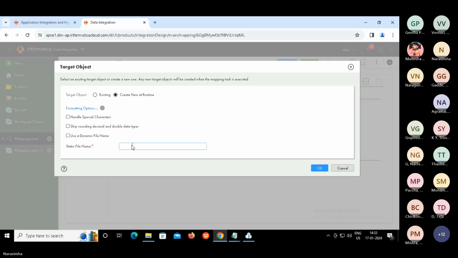So router underscore custom group one dot txt.